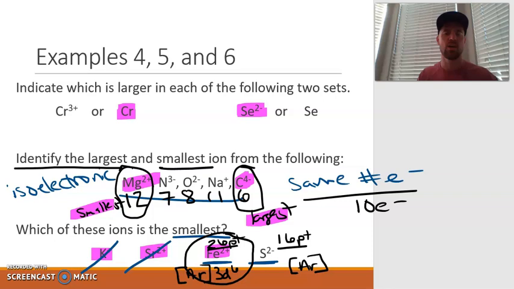Now, one thing that you may be thinking is, but wait, iron has more electrons. If you count up how many electrons iron has, 24 electrons, whereas sulfur 2- has 18. So since iron has more electrons, wouldn't that increase the repulsion? And you are right. This is kind of a challenging question. There does seem to be a little bit of